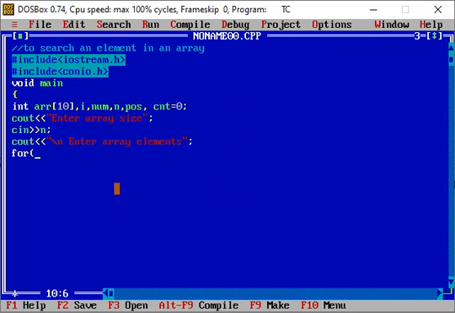So we can start like this: for i equal to 0, and the total size that we have mentioned here is n. So i less than n, i plus plus.